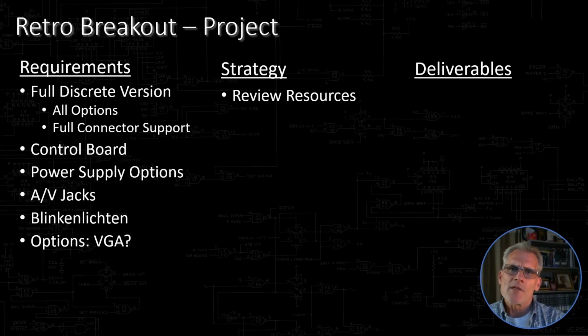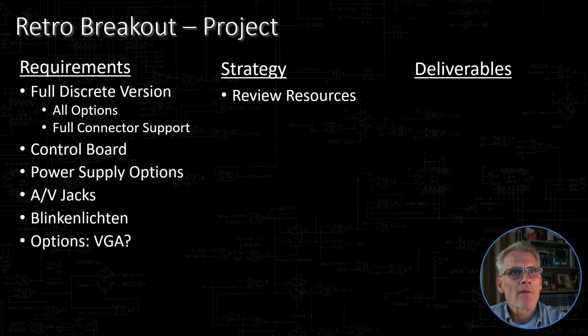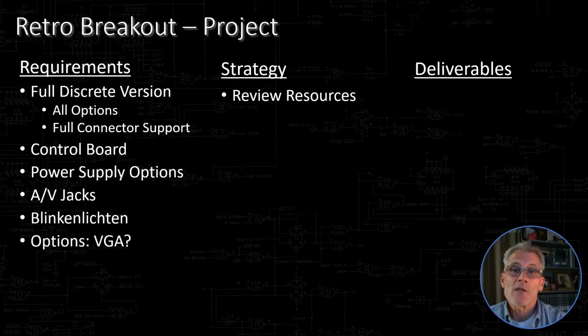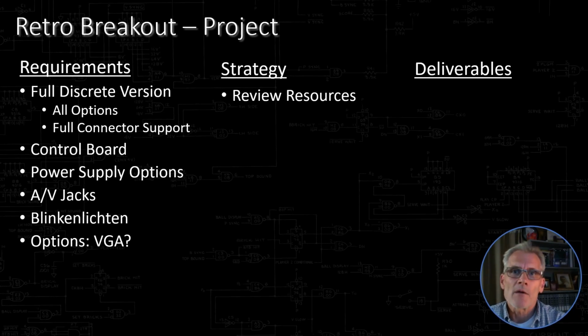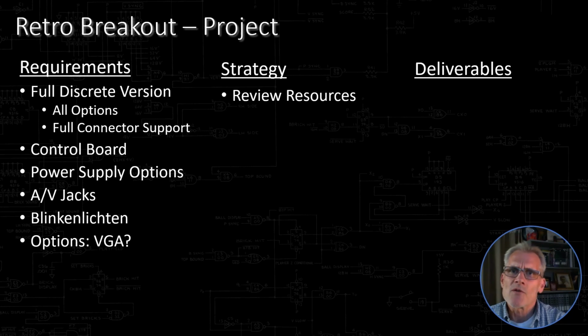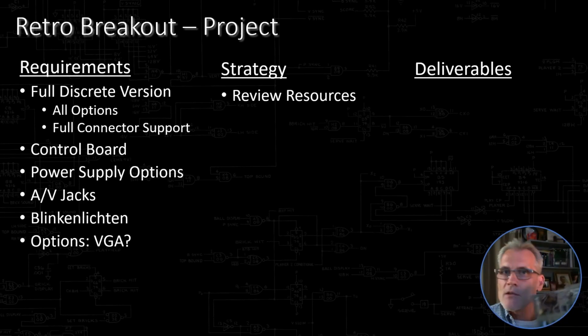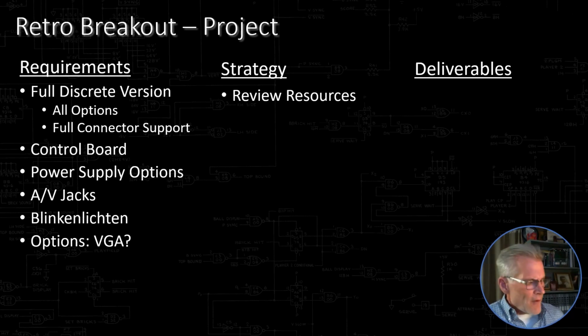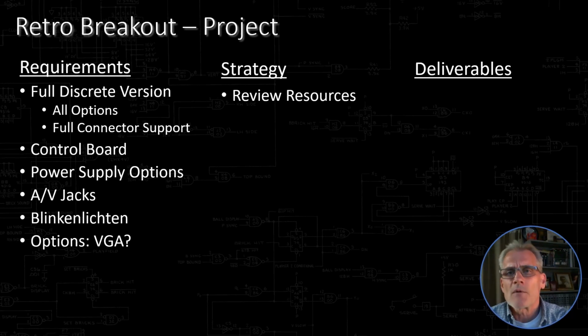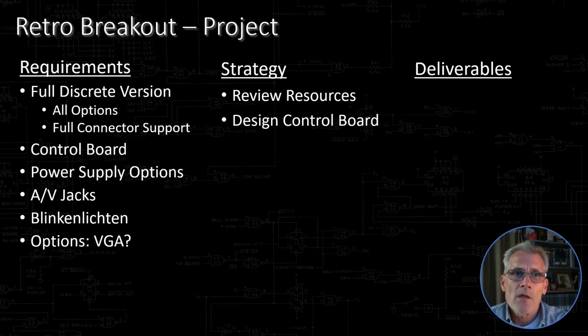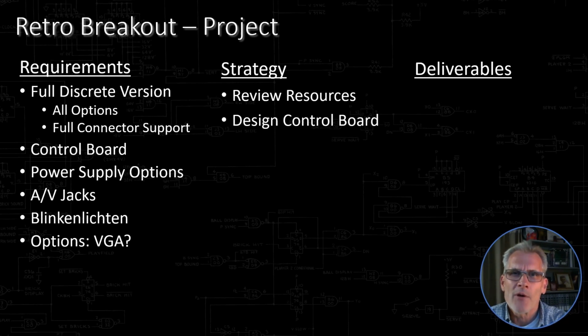First thing we need to do is take a look at the resources out there. We have the manual with schematics, circuit descriptions, parts layout, parts list. There's also a lot of pictures of boards out there. I picked up a couple of crispy ones too for reference. And from that, let's figure out what we need to design that little control board and do that first so we can use it for both breadboarding and production.